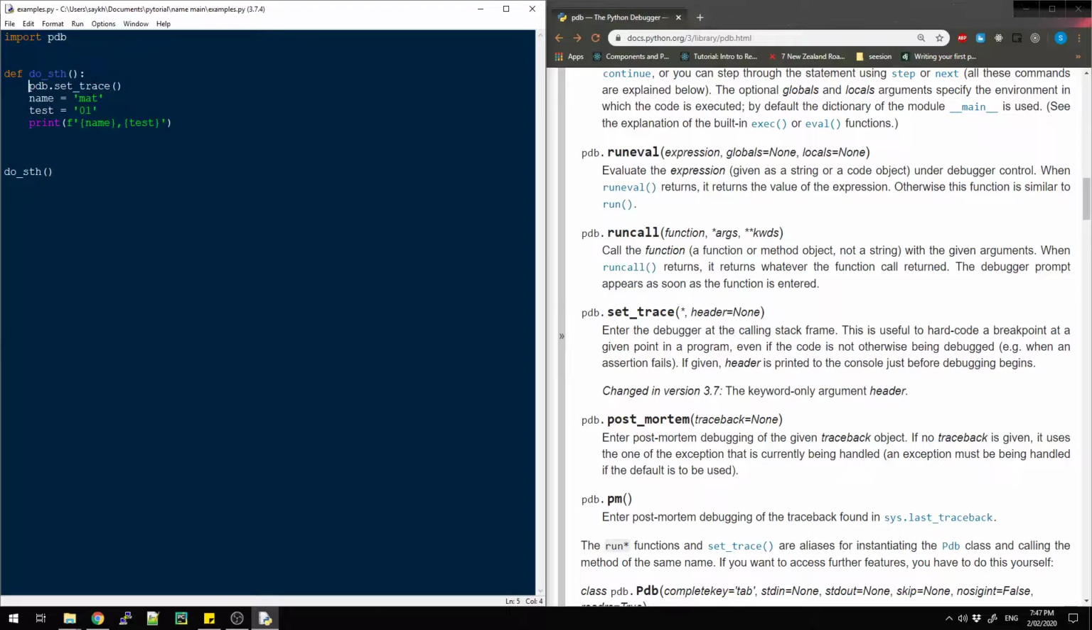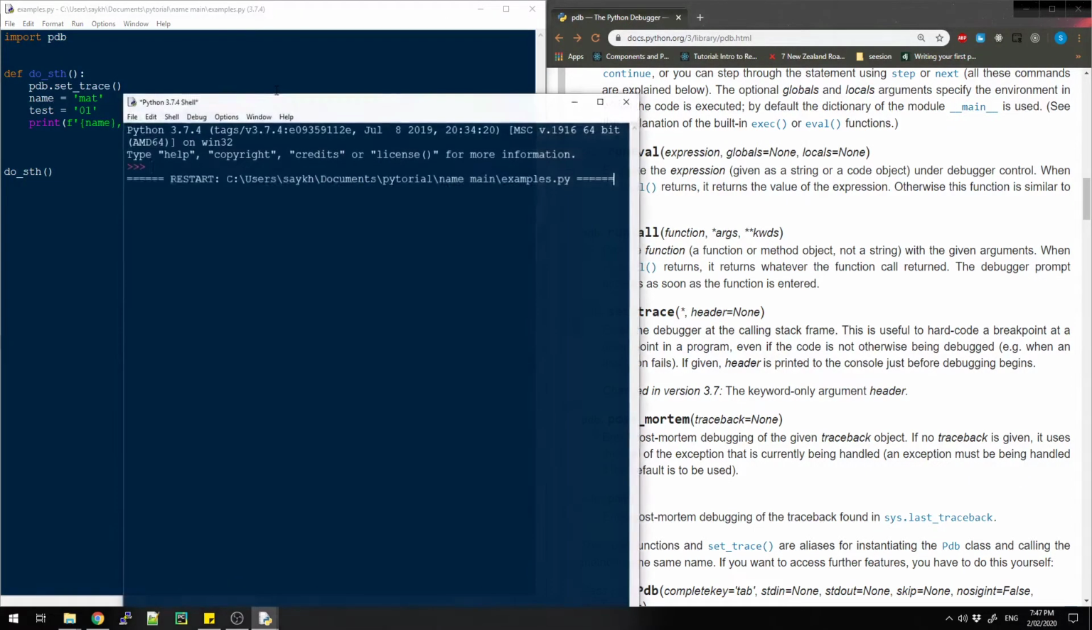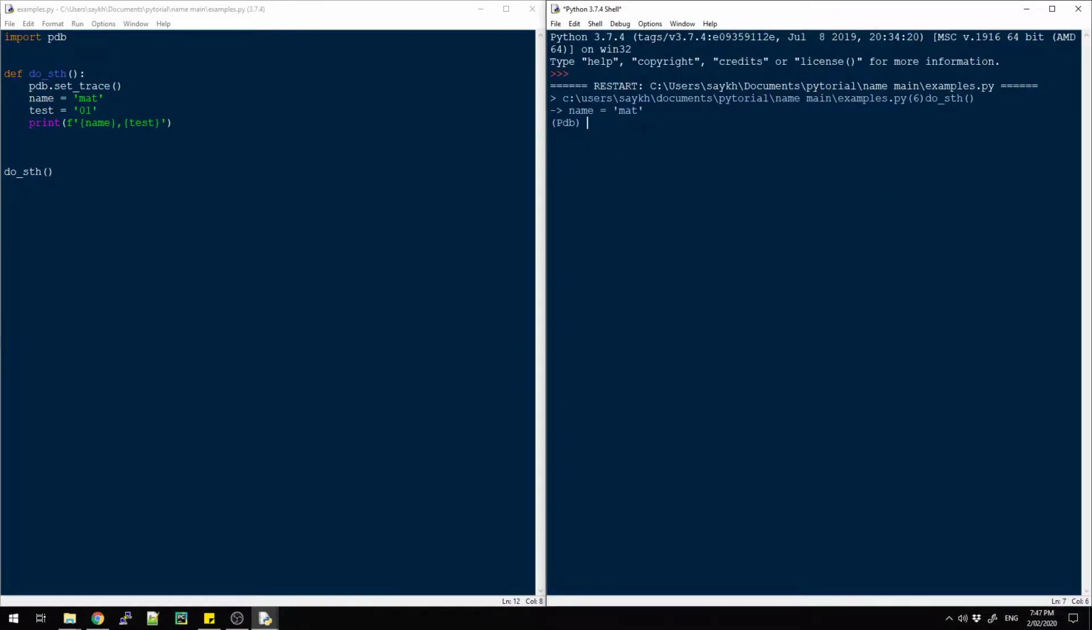So I'm going to run this code now, where I've called the function here, the do something function, and see what PDB does with the set_trace function. Now I've run that, and let's put it side by side. As you can see, we've got an interactive shell running. And we can see the name equals mat statement here. What it's really telling us is the next line of code I'm going to execute is this code over here. And that makes sense because we have put a pause at the beginning of the function,